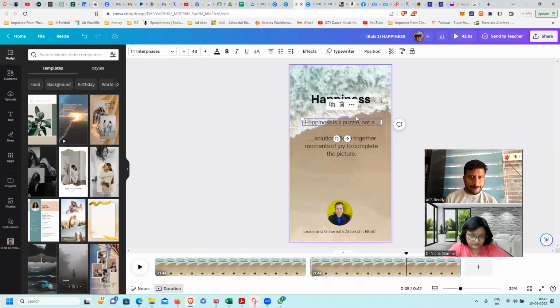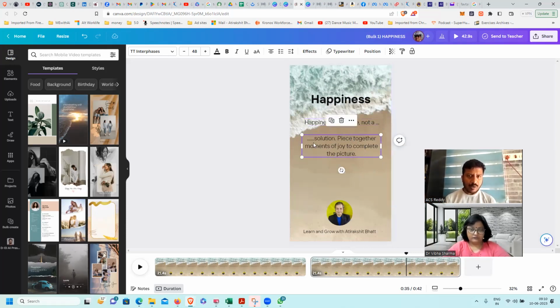Now, when you are positioning, I'm not able to do that positioning part. The trick is the first part should be there for around 8 to 9 seconds. And that's why I've taken the typewriter mode, because the typewriter will slowly type it out. And by the time it types out the whole sentence, you would already have your 7-8 seconds consumed. The second part, I keep for a little lesser time.